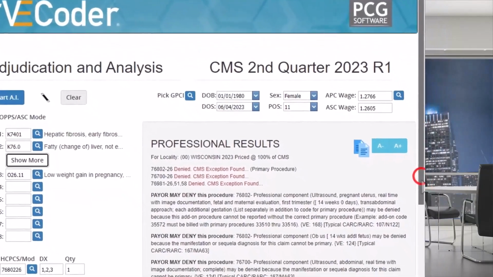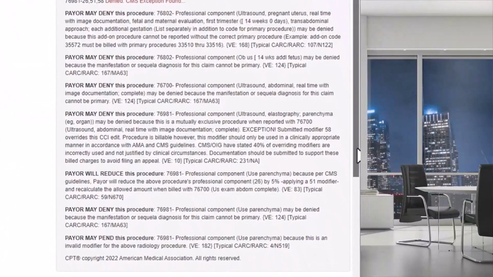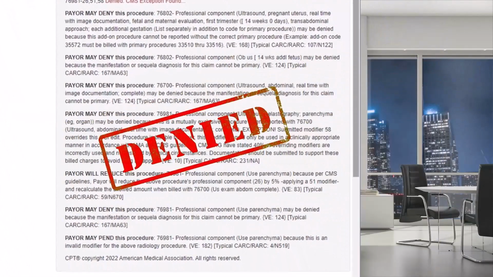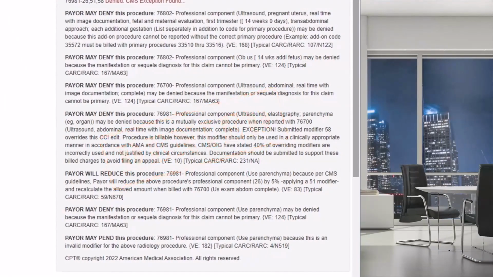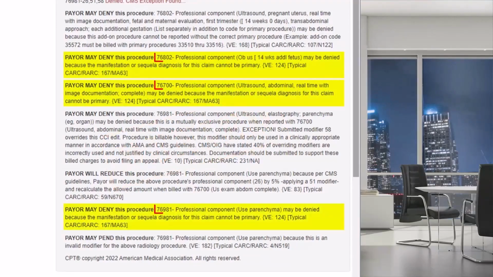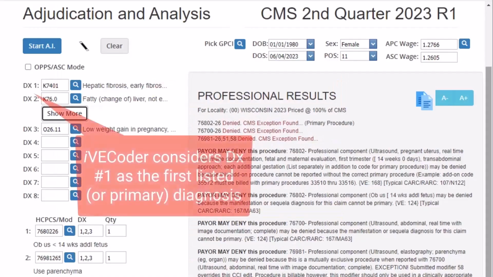We see there are multiple issues, and we can be fairly sure this claim will be completely or at least partially denied by the payer for the reasons shown. Right off the bat, I see a pattern. There are invalid diagnoses, and the AI has flagged all our procedures. I am going to confirm